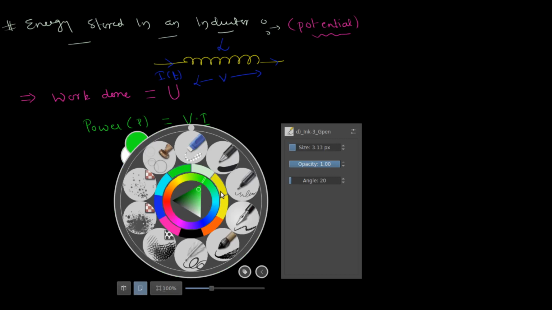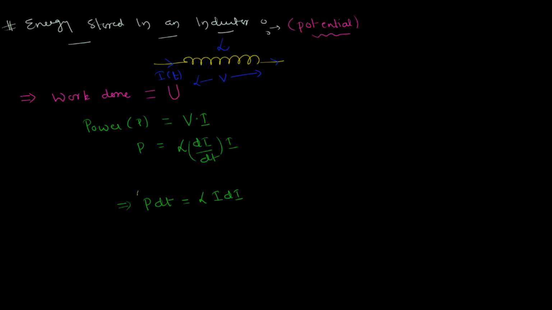All right, now what do you think the next logical step is? I'm only going to integrate this, right? So if we integrate this from 0 to t, here the variable is time, so 0 to t. Let's make a small change. Let's say the current at a given random instant was I prime, or I dash, and when I've waited long enough to reach time t, at that stage the current is I, so I can integrate it now from 0 to I. That really doesn't make a big difference here.